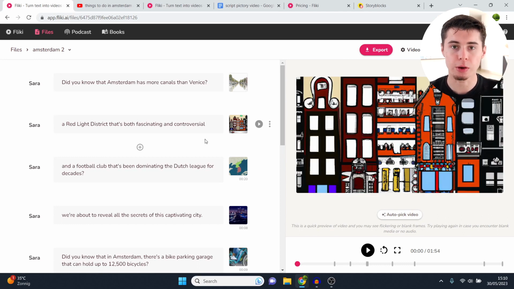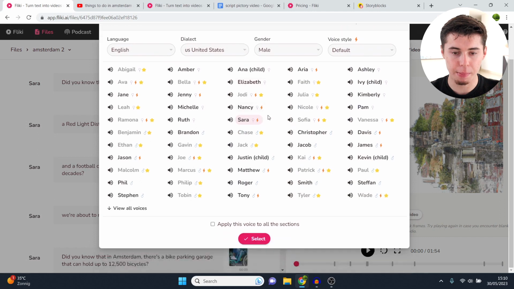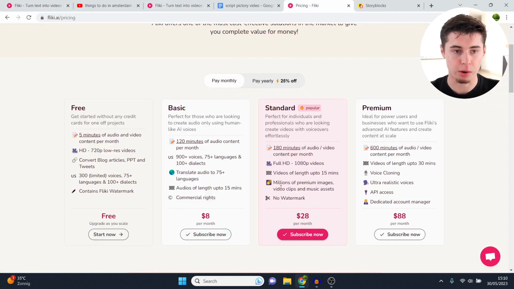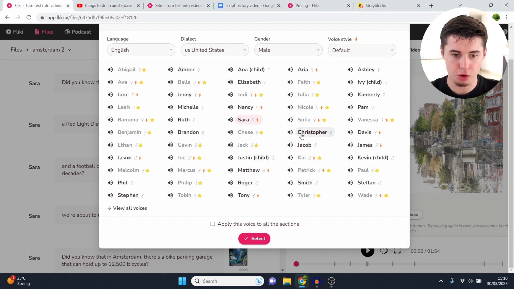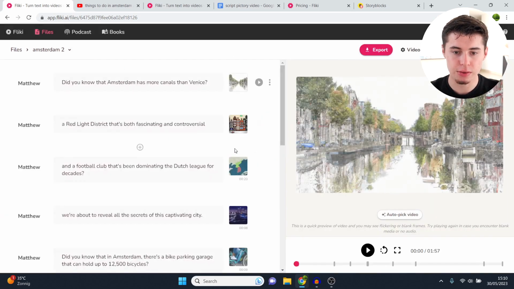Now, what can you do in terms of audio? They actually have a built-in voiceover tool, which is fantastic. So you can click right there on that name, and then depending on the plan you have, I've got the standard $28 a month plan, you can choose the voiceovers. So for example, if I just go with Matthew, and then click apply this voice to all the sections, and then click select, as you can see, they have now applied that voiceover to every single scene,